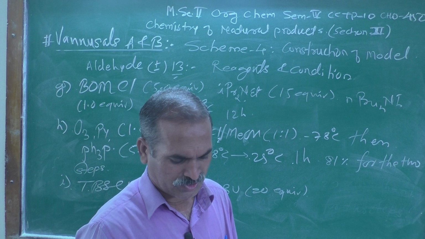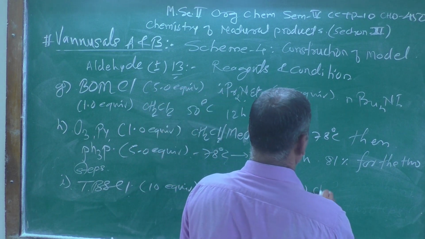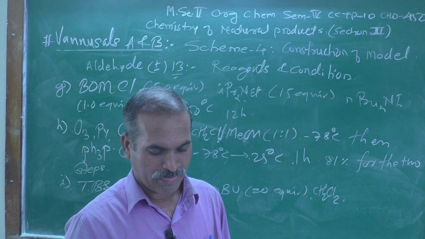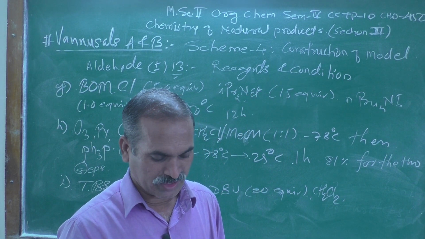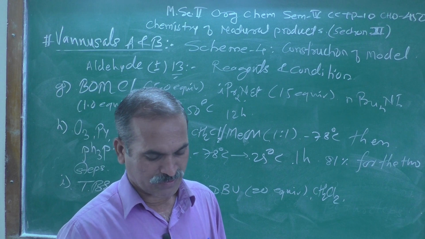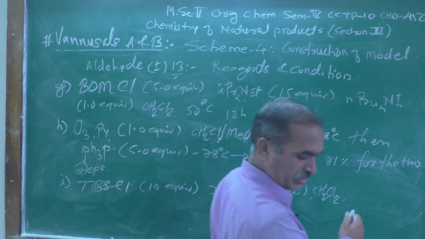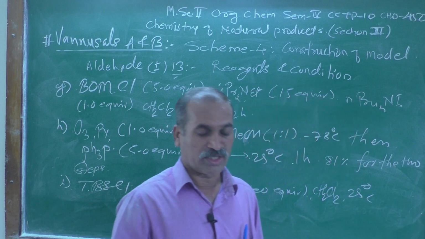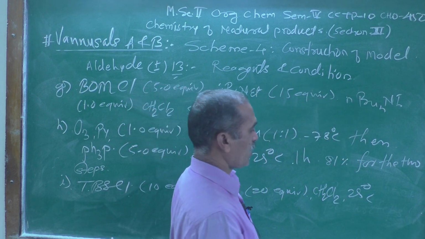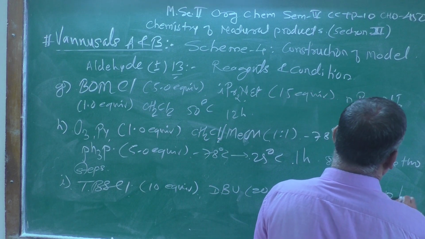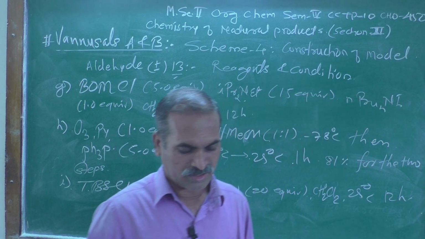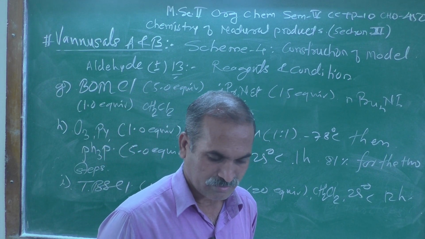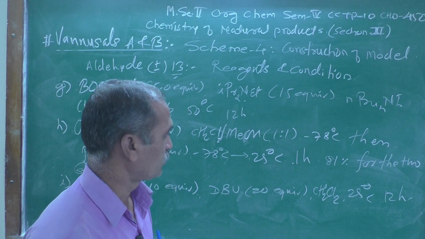and CH2Cl2, DCM dichloromethane, as a solvent used in this transformation, and during that transformation the temperature is kept at 25 degree centigrade and this reaction was stirred for 12 hours and the resulting product was obtained. And the last,